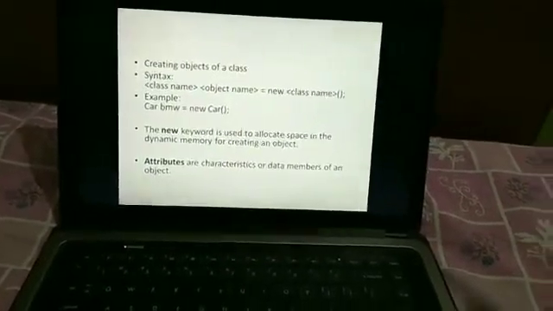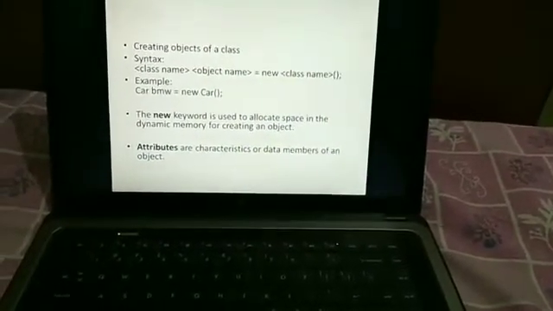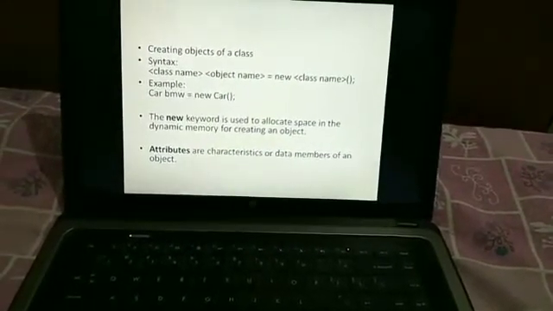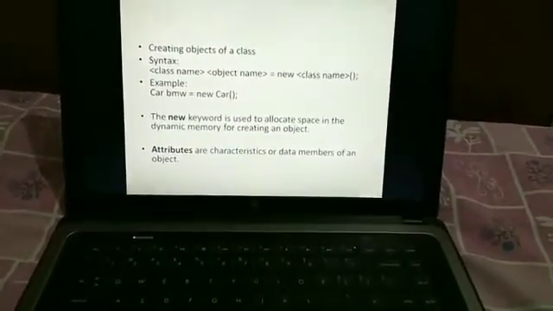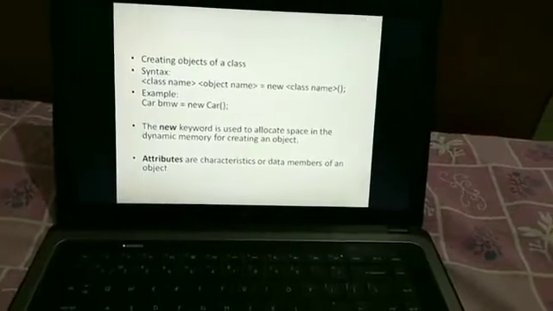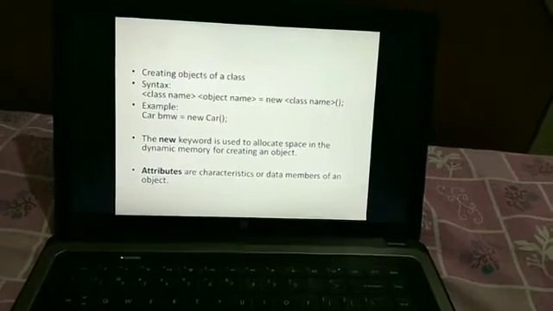Next, creating objects of a class. You are supposed to follow the syntax: class name, object name equals new class name. So what is the syntax for creating objects of a class?